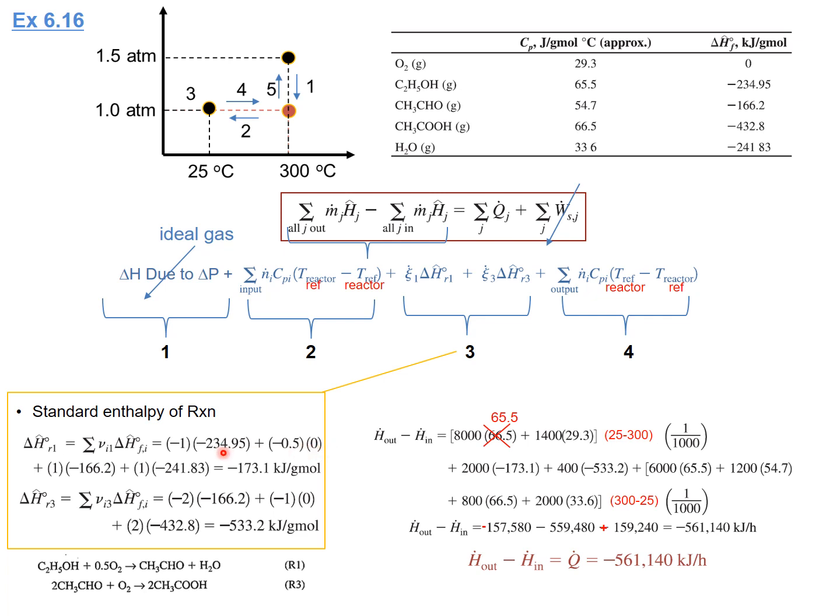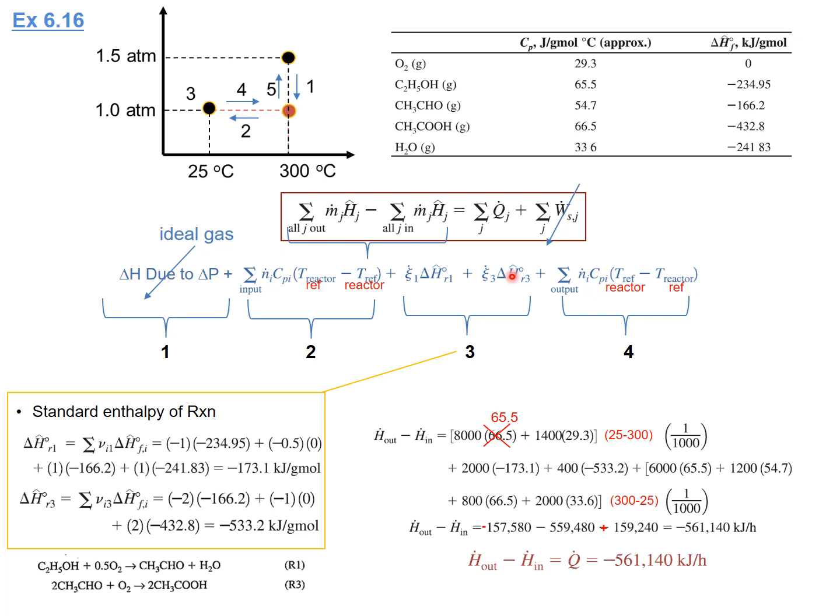Now plus 1 for acetaldehyde with its corresponding formation energy, plus 1 for H2O and its corresponding formation energy. Then we could calculate the standard state enthalpy of reaction 1. In the same way, you could calculate the enthalpy for reaction 3. So by summing those two enthalpies with the extents of reaction, we could calculate the enthalpy related to the reaction